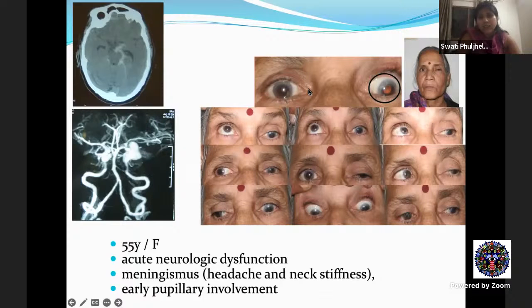So this is a case of, as you can see, there is clearly a pupil involvement, there is complete third nerve palsy, and there is anisocoria. This lady presented with acute neurological dysfunction, headache, neck stiffness, and early pupil involvement. Although by the time she presented, it was very late, because she presented with significant neurological dysfunction. So we should avoid patients getting into this stage and should be able to pick this kind of anisocoria